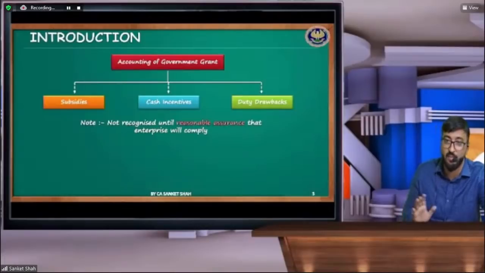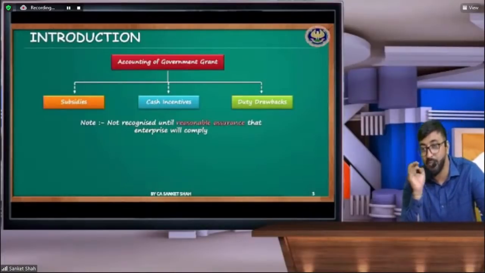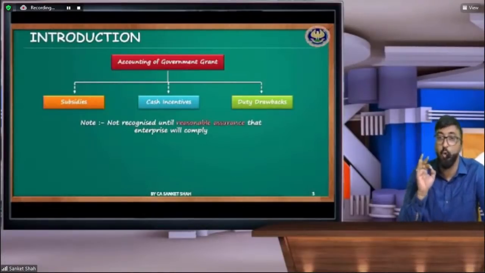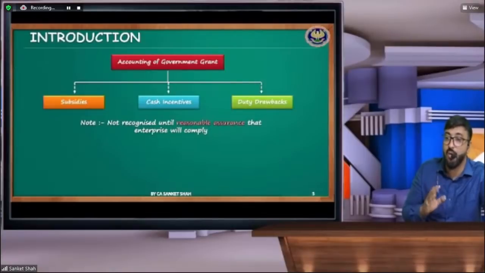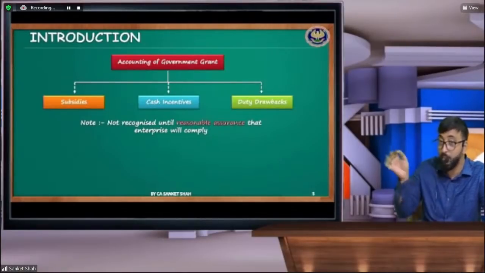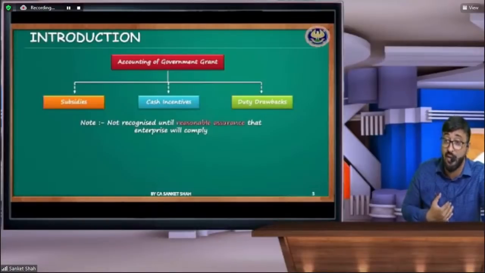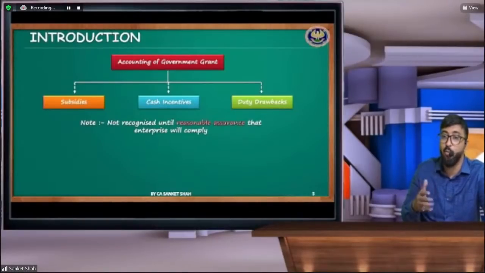Okay, एक बार हिंदी में बता देता हूँ, not recognize मतलब आप तब तक रिकॉर्ड नहीं करोगे जब तक आपको रीजनेबल एश्योरेंस नहीं आता है कि गवर्नमेंट है भाई कब चेंज होगी, कुछ बोल नहीं सकते, पलटी कब मारेगी। तो यहाँ पे गवर्नमेंट से जब तक आपको ये नहीं समझ में आता कि मुझे वो असिस्टेंस मिलने वाला है, या आपको सिर्फ आपने एक काम कर दिया, सोलर का एक कुछ तो बिठा दिया, पर गवर्नमेंट बोल रहा है मैं पैसा ही नहीं दूंगा, तो क्यों रिकॉर्ड कर रहे हो वो गवर्नमेंट ग्रांट? जब तक आपको ये सब डॉक्यूमेंटेशन पार्ट कंप्लीट नहीं होते, और जब तक आपको मन को ये नहीं लगता है कि ये रीजनेबल एश्योरेंस नहीं होता है, तब तक आपको वो रिकॉर्ड नहीं करना है।